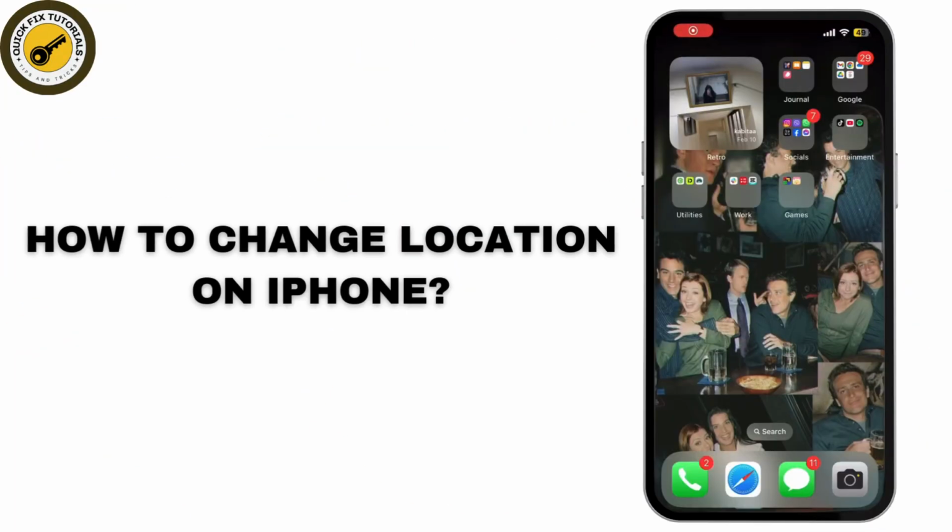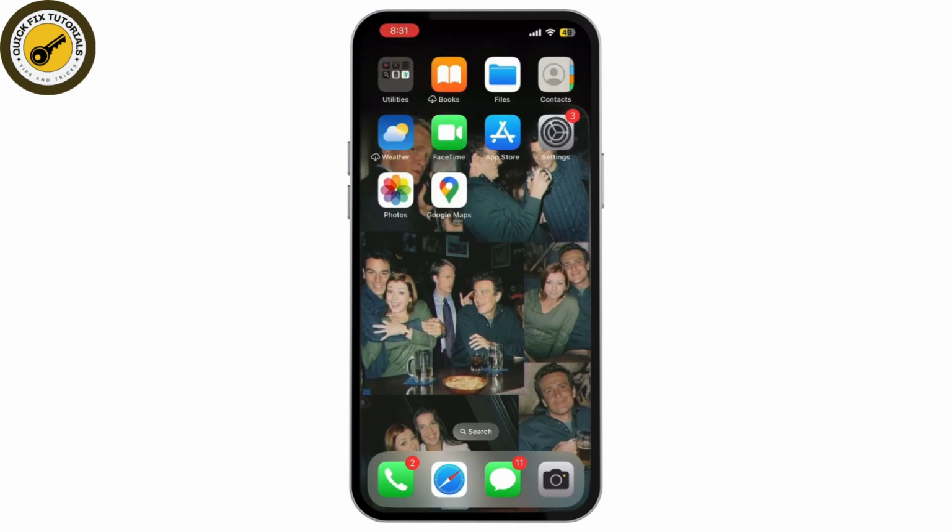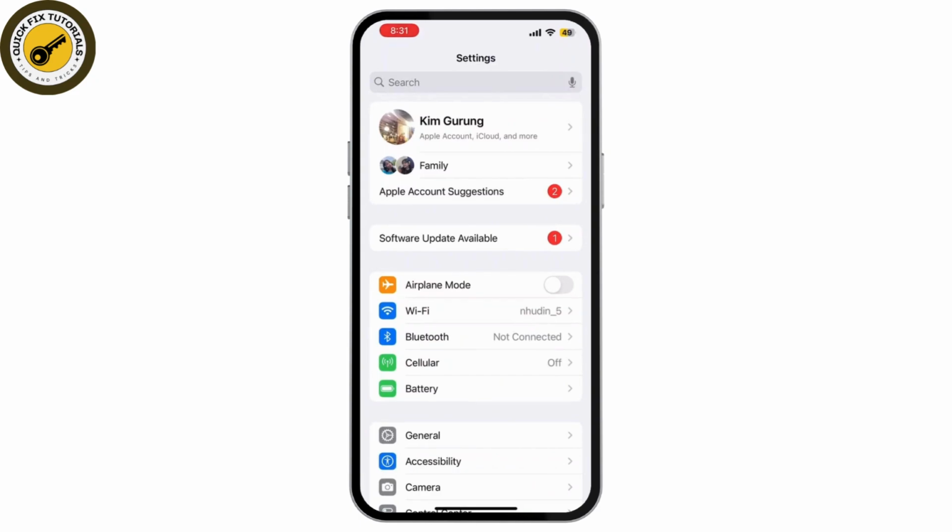How to change location on iPhone. In today's video, I'm going to show you how to change your location or country location on your iPhone. So let's get started. First things first, open your Settings app, and once you've done that, simply tap on your